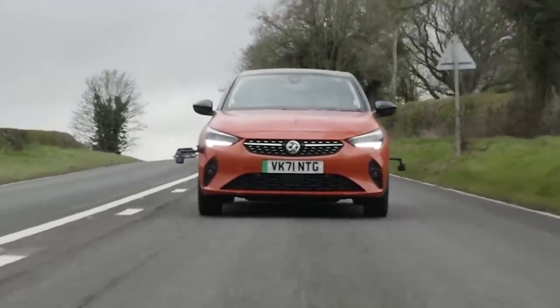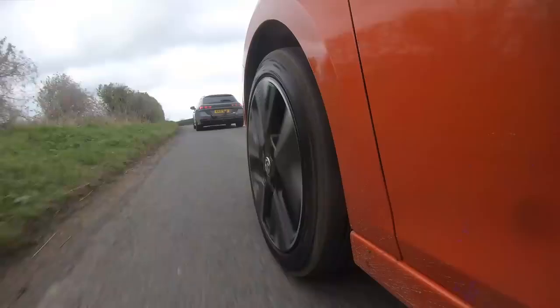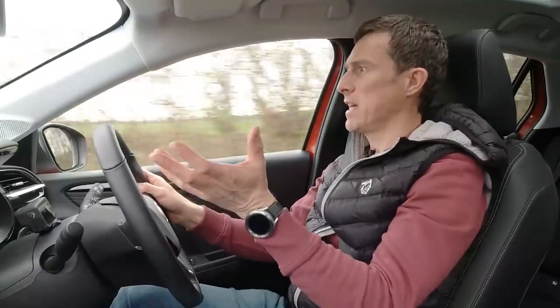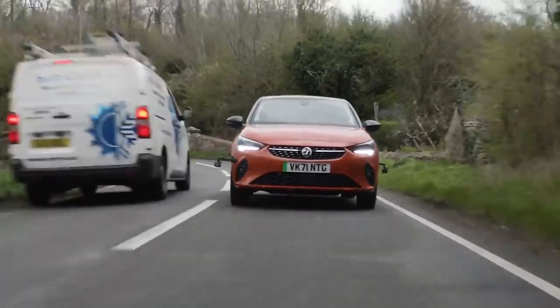Let's see what this Corsa is like on a twisty country road. First thing to note is I'm gonna have to put it in sport mode because the steering just feels too light when you're going quicker through some bends, and it's sort of artificial, a bit like a PlayStation, though it's not quite as natural feeling as a PlayStation. It's better in sport mode because it adds some weight, so it doesn't feel quite so vague, but still,